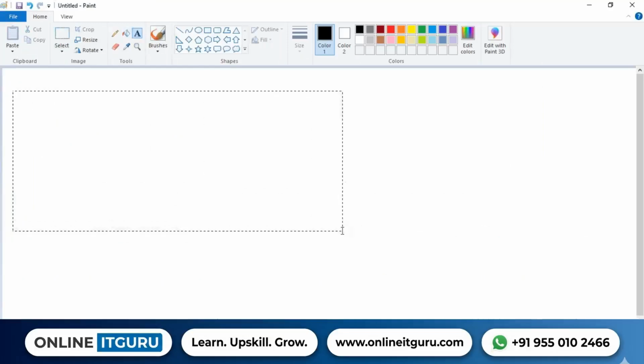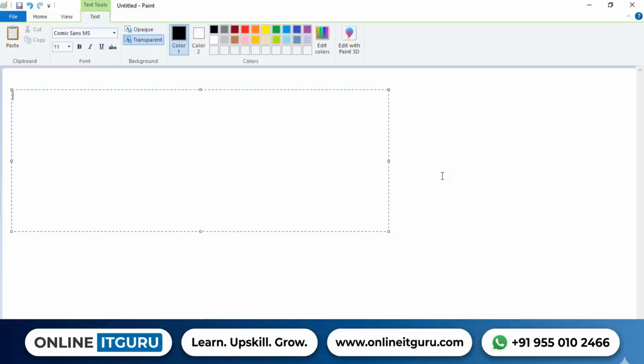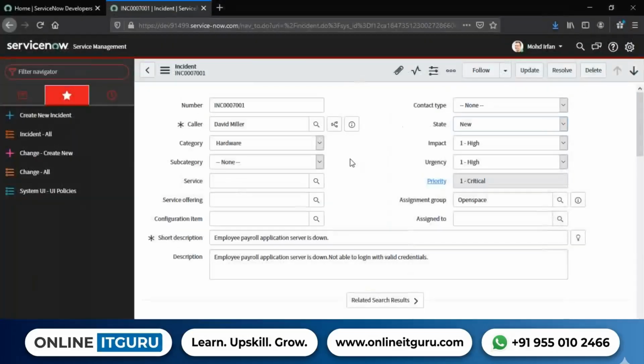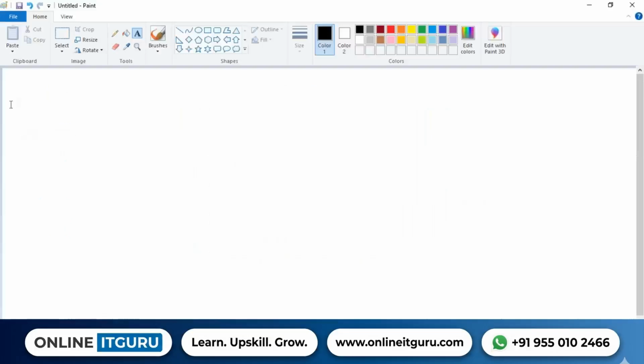Okay, so if not, then we need to understand the types of fields. Then we need to understand what is a table and what is a record and what are the fields and each and everything from here. So until now the basic configurations are done. Then we are going to start on the advanced configuration. Now let's understand about tables